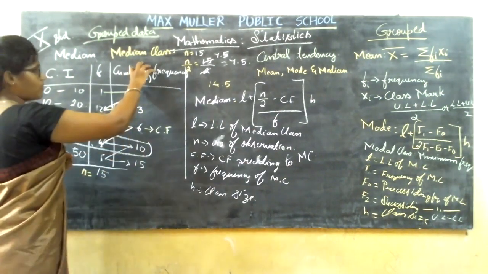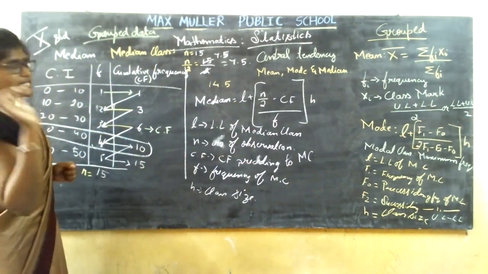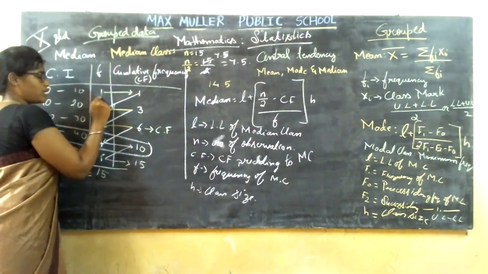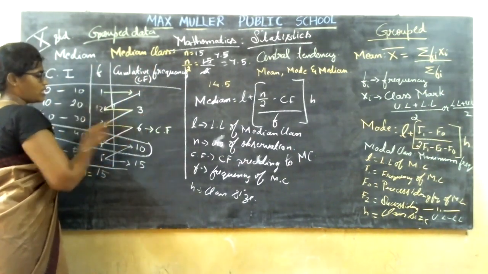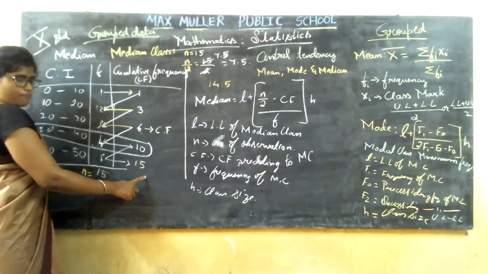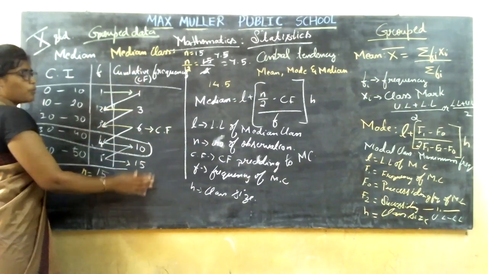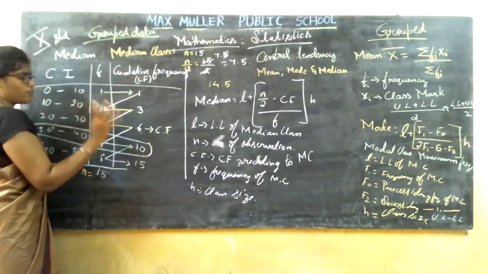Then coming to the cumulative frequency, how are you going to find it? You are going to find it in a zigzag manner. The first number, you keep as it is. Then add 1 plus 2 gives you 3, 3 plus 3 gives you 6, 6 plus 4 gives you 10, 10 plus 5 gives you 15. Clear? This is the number building game. Now the cumulative frequency is clear for you.